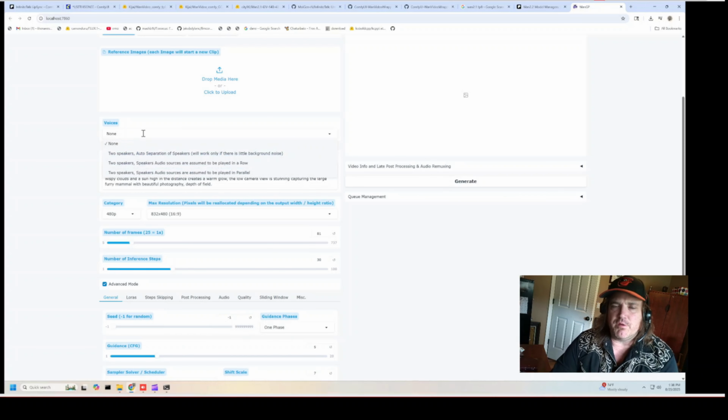Now, that being said, this does give us some insight into the MultiTalk, and I'm going to explain to you why MultiTalk is so difficult. Again, it's just not really worth the time in my opinion. So notice this is something he's done really good. He's set it up here. We've got 2 speakers, auto separation of speakers will work only if there's a little background noise. So there is an ability to throw in